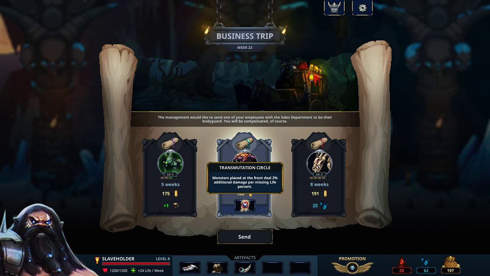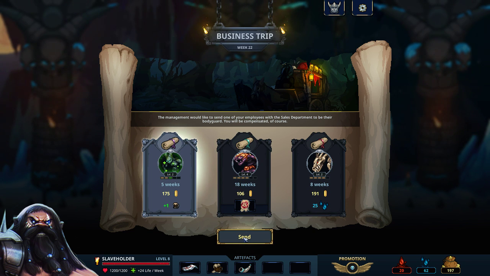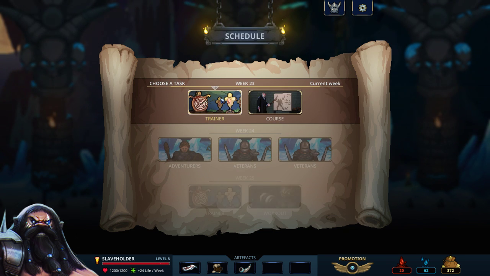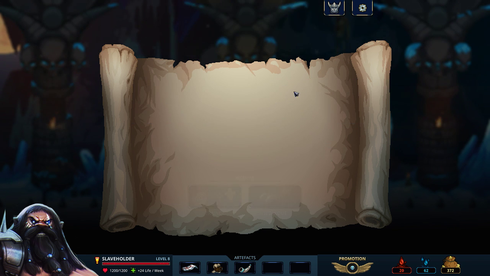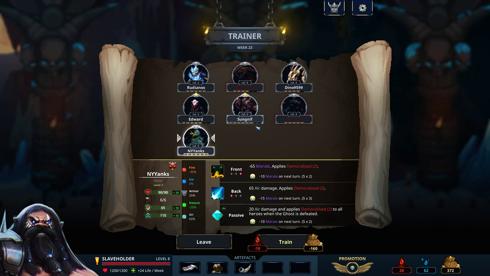One thing you'll learn. Monsters at the front deal 2% additional damage per missing life. It's kind of cool, I guess. This is kind of a no-brainer. Yeah, we'll do a trainer here. I really think Sugnif is super important upgrade because he's like our frontline tanky boy. I love the idea also of super ghost nuke,